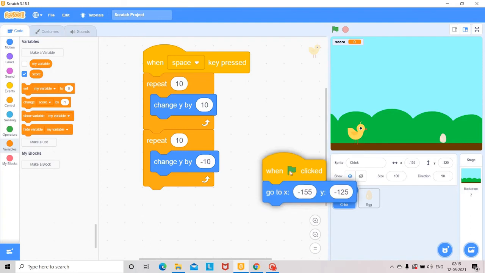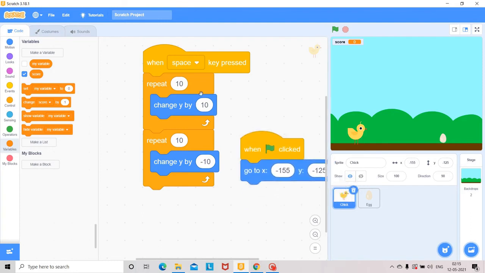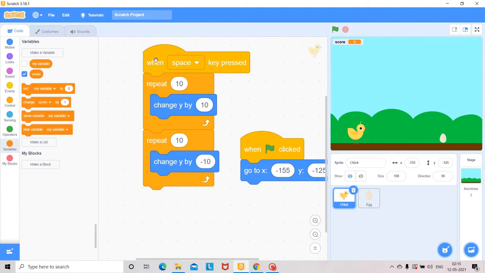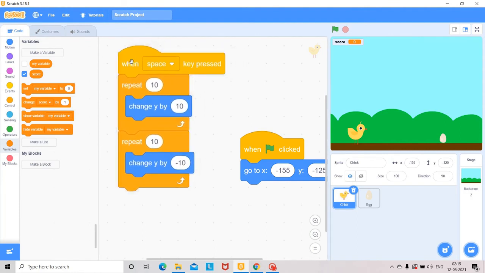Okay, so where are the suitable blocks? Here are the blocks, not buttons, blocks. So here it is jumping 10 times upward and 10 times downward repeatedly. So when it jumps successfully, it will get 1 each time. So the increment is 1.